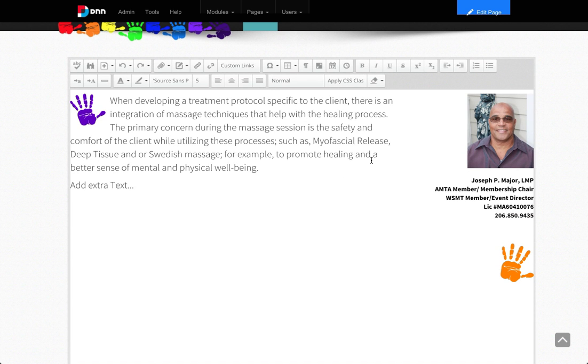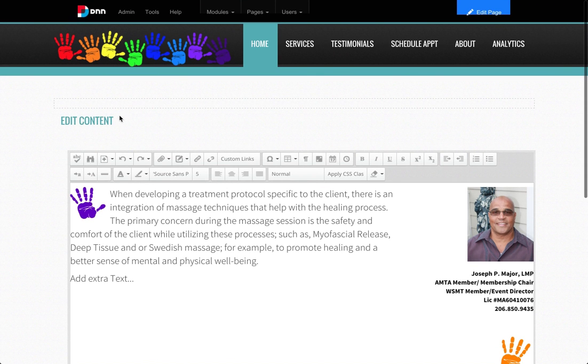So changing the content on a particular page typically is pretty much as simple as this. Now, this module that we're editing content in is just a simple rich text HTML module. If I want to put in a picture here, I can position my cursor wherever I want to put in the picture. And there are tools up here at the top. If you mouse over them, you'll be able to see